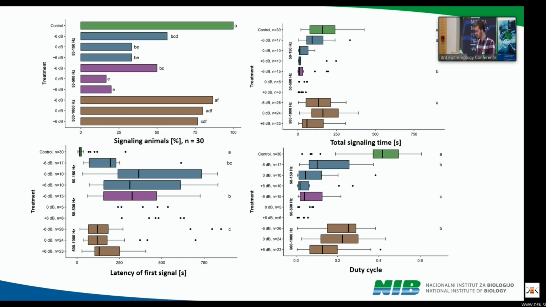We can see that in the control treatment, all of the animals were signaling, while in noise, the signaling was reduced in the low and the low-medium noise treatments, while in the high-frequency treatments, it was very similar to the control treatments. A similar result can be seen on the top right and the bottom charts. The upper one represents total signaling time, and the bottom one, the duty cycle, which is basically total singing divided by the total